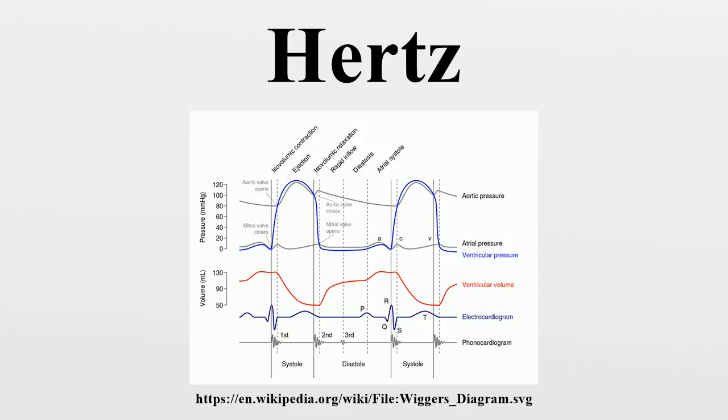Even though angular velocity, angular frequency and the unit hertz all have the dimension 1 per second, angular velocity and angular frequency are not expressed in hertz, but rather in an appropriate angular unit, such as radians per second. Thus a disk rotating at 60 revolutions per minute is said to be rotating at either 2 pi radians per second or 1 Hz, where the former measures the angular velocity and the latter reflects the number of complete revolutions per second. The conversion between a frequency f measured in Hz and an angular velocity omega measured in radians per second is omega equals 2 pi f. This SI unit is named after Heinrich Hertz.